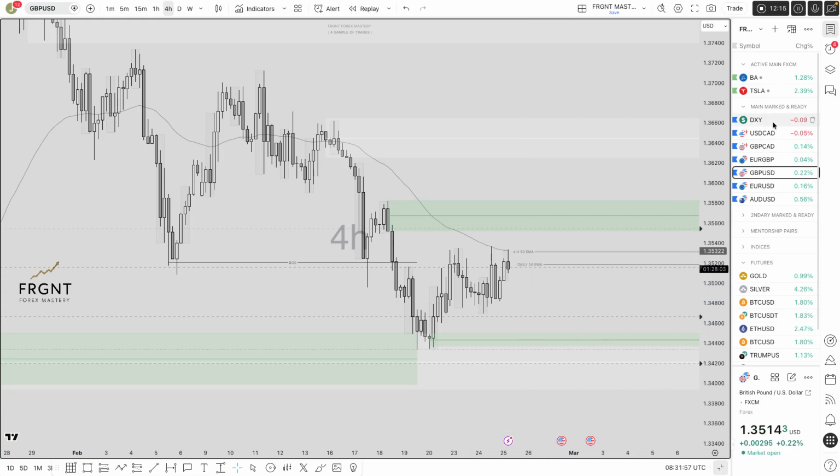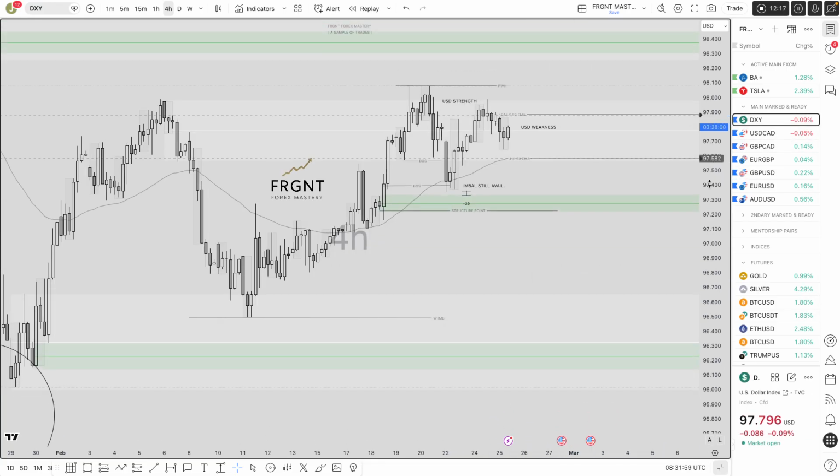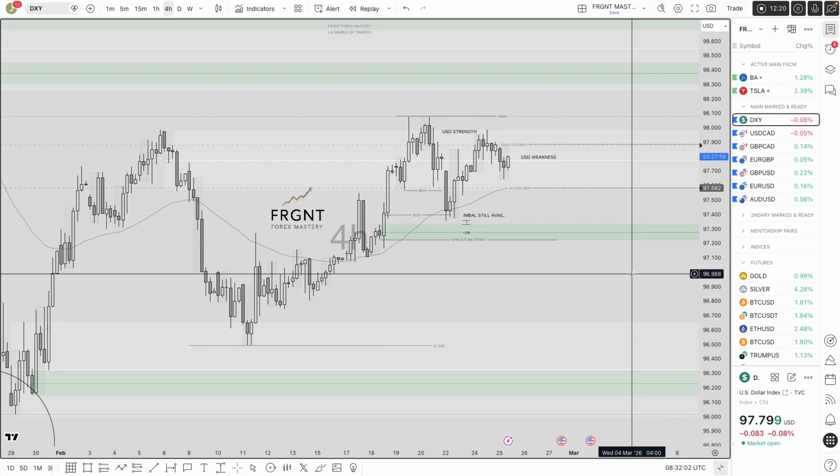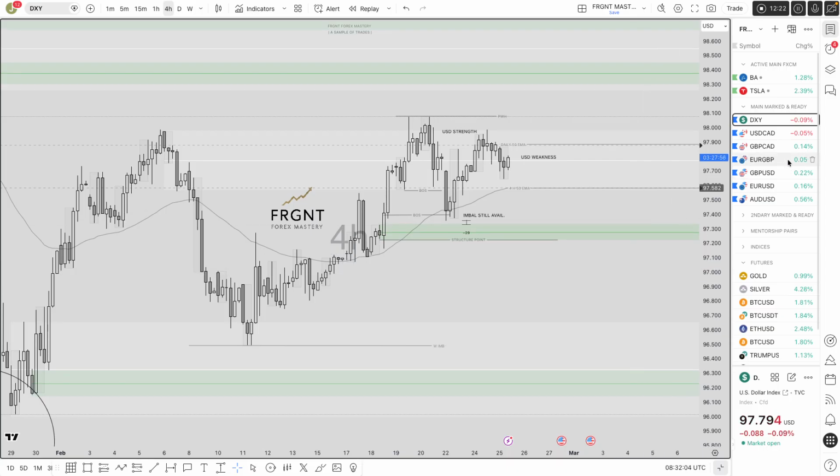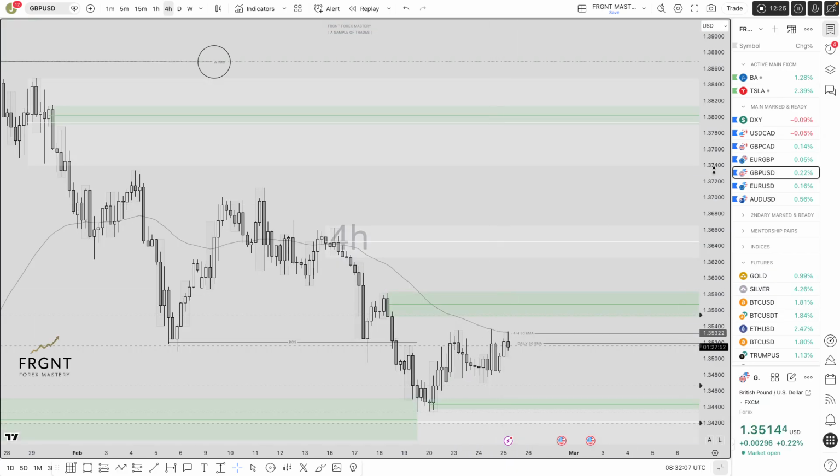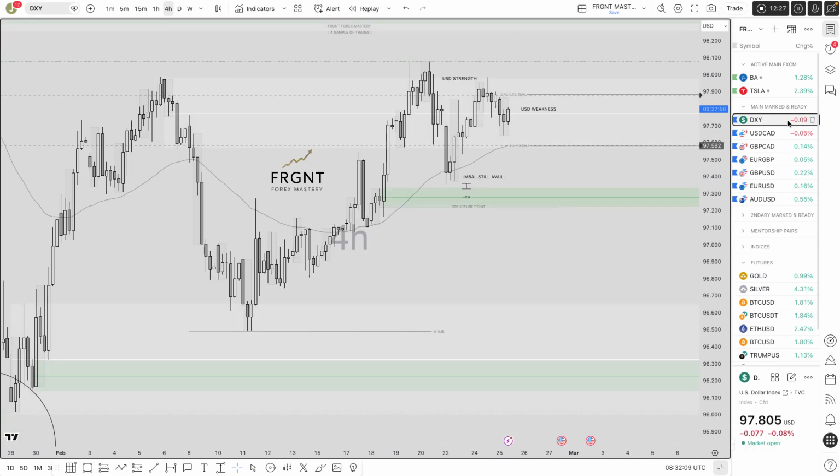Let's quickly compare the DXY to see how that would make sense. Now, if we expect potentially GU to pop up into its 4 hour order block, what would that mean for the DXY? So if GU moves up, that would